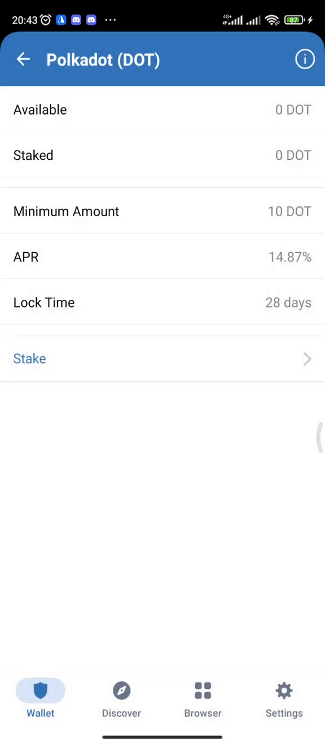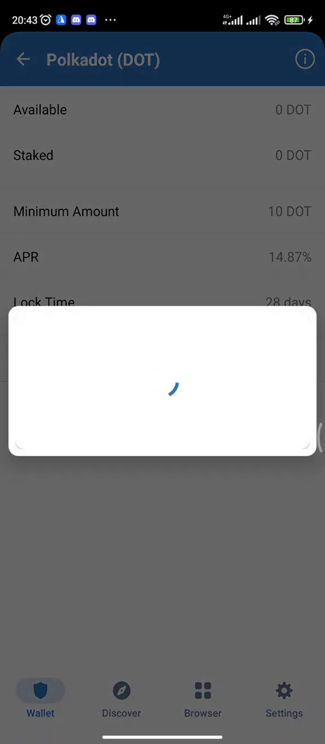And yeah, so the minimum amount you can stake on Polkadot is 10, and you earn 40% per year. This is 40% per year. And the lock time is 28 days. So when you click on stake,